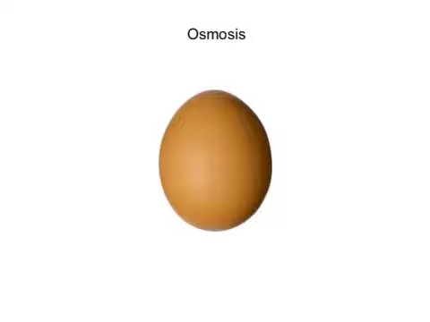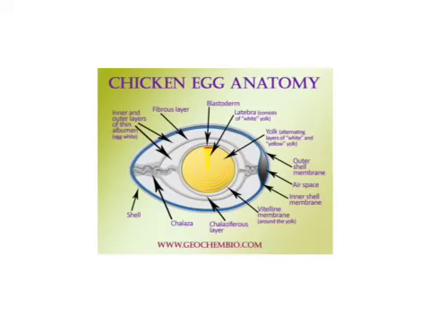And here's a chicken egg. Normally, by the way, they're not white. They're this brown color. Let's take a closer look at the anatomy of this egg. The chicken egg's anatomy is much more complicated than we would normally think. You have all different kinds of layers. The blastoderm is the actual cell, the chicken that's going to grow up. The yolk has a lot of nutrients for that blastoderm, the nutrients it's going to require to grow, the amino acids the